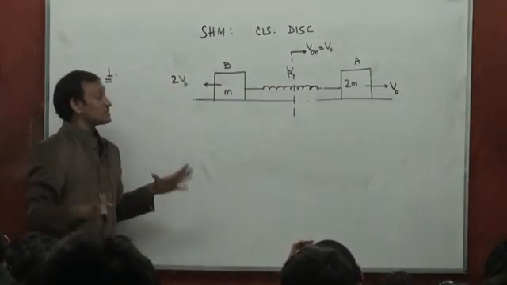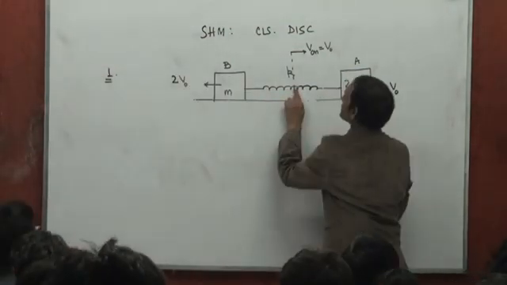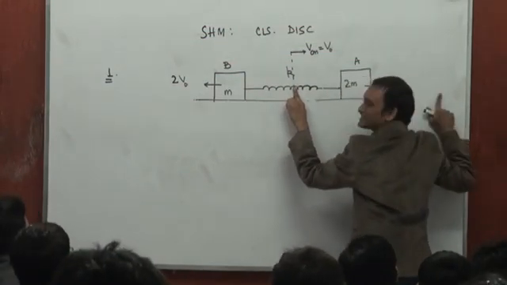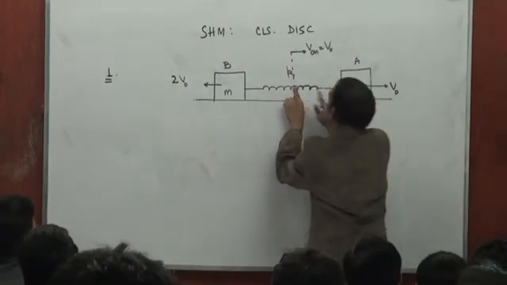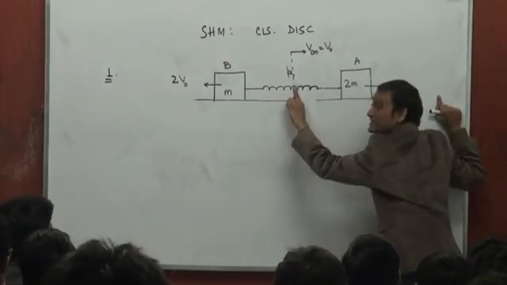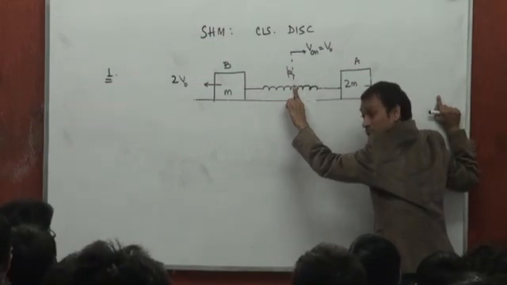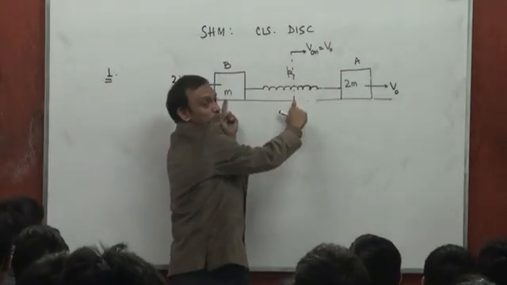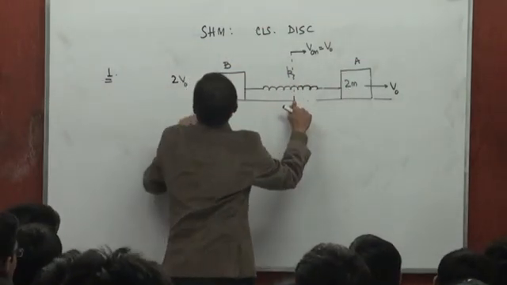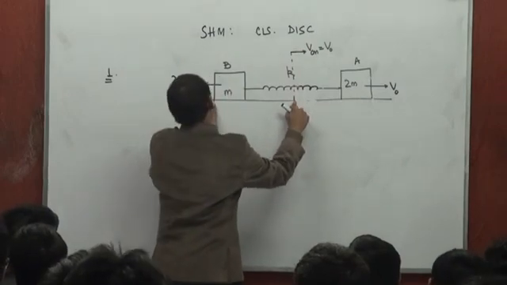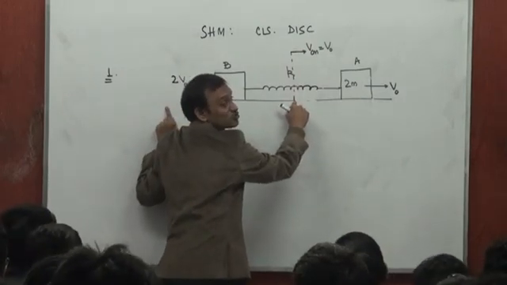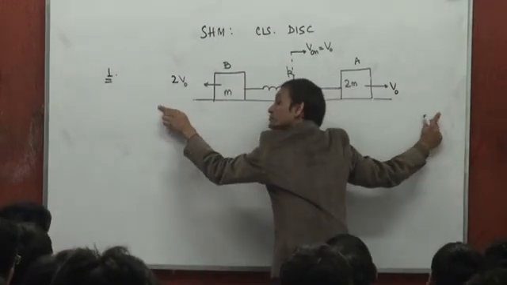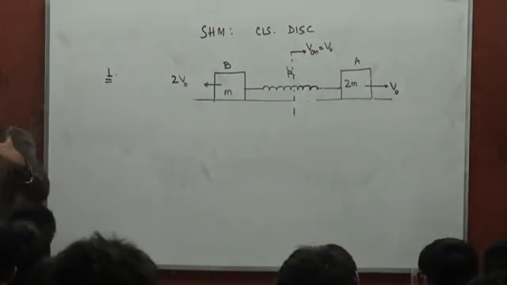So this is all in the center of mass frame. Now what's happening is, if you are observing from the center of mass, this is at the mean position. It goes to its extreme right. And in the center of mass frame, its velocity at the extreme right will become 0, right? Means the amplitude position of 2m. Again in the center of mass frame, this is the mean position of m, right? And it's going to its extreme left, and its velocity in the center of mass frame at its extreme left is again going to be 0. And the extreme right of this and the extreme left of this has to occur at the same instant of time,